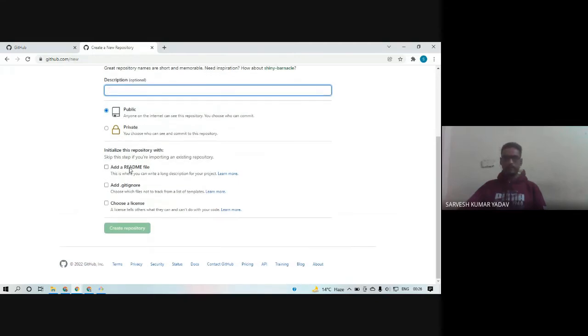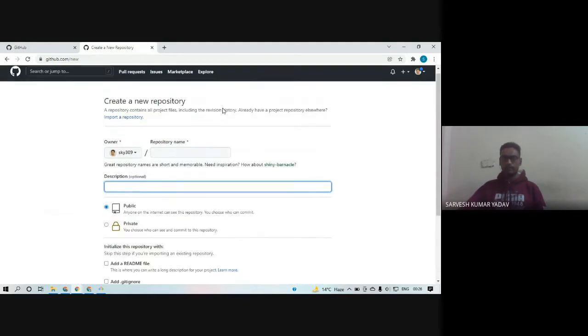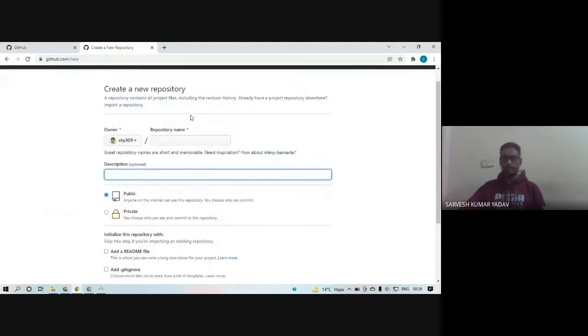Add a readme file which will tell about your projects. Add .gitignore if you are getting this file. Under this file you can write down file names or extensions of those file names. Those files will be ignored whenever we are pushing our code from local to this GitHub cloud system.